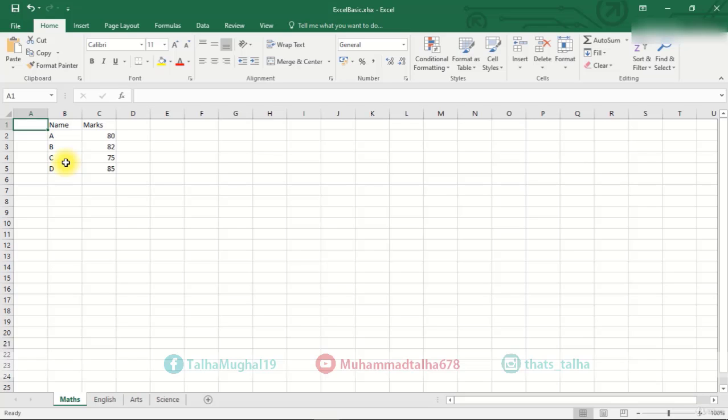The column which was originally at position A now is at position B. Basically, all the columns have shifted to the right. Now we can enter the roll number column also. Roll number, and below it we will enter values 1, 2, 3, 4.